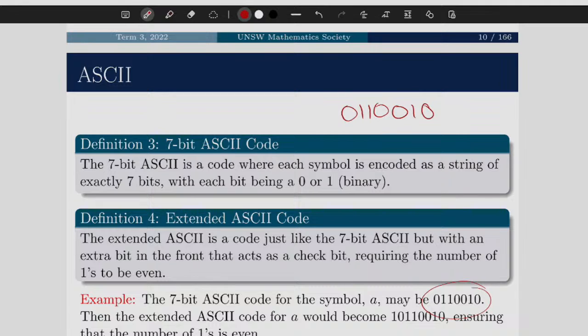What we usually do is encode this so that it has an even parity. Here you can see very clearly there are 3 ones. We have an odd parity here. But we want it to be even, so what are we going to do? Well, our check bit at the front is just going to be a 1. And now if I look at this holistically, it has an even parity.